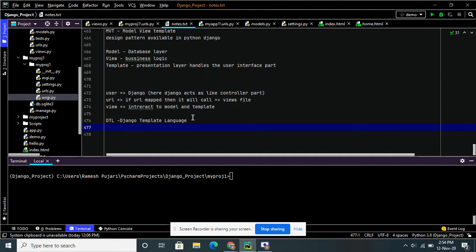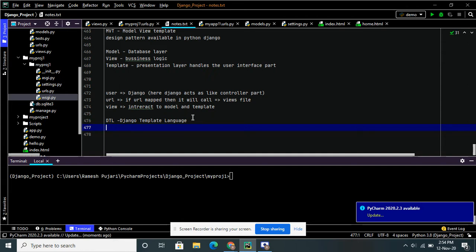Django also supports what we can call a Jinja template. Jinja2 is the template, so it will be in a Jinja2 template. It has some tags and variables already built in. By using those, we can build our own website by making use of these templates or this language.